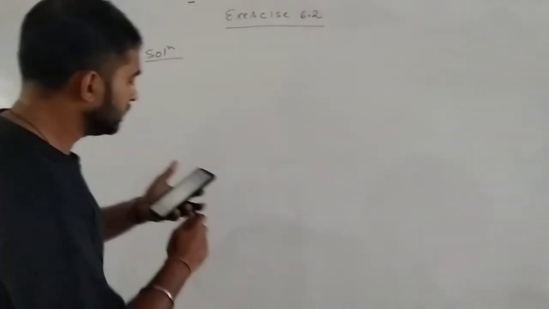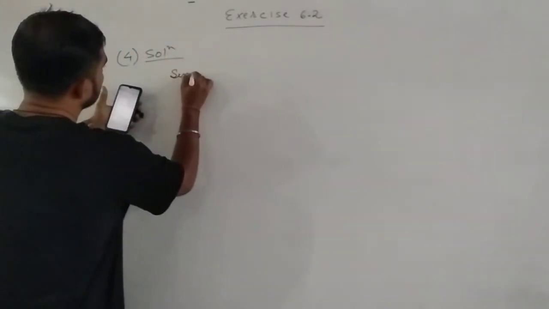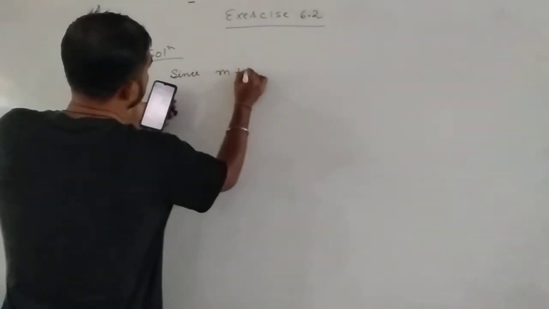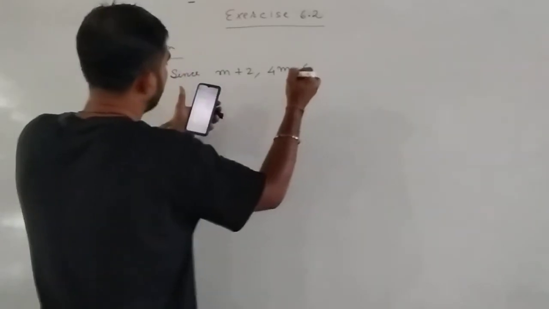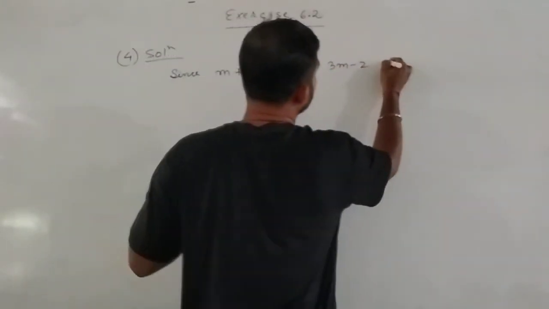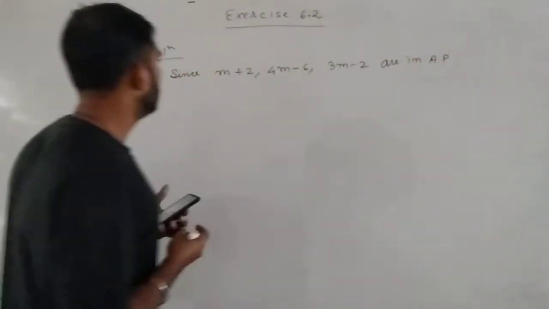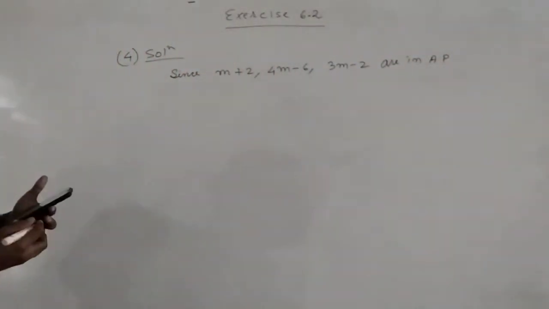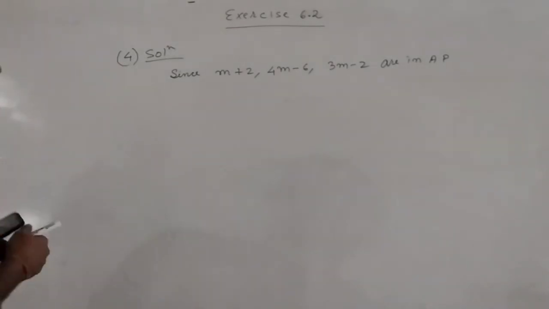So m plus 2, 4m minus 6 and 3m minus 2 are in AP. Therefore,